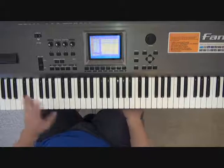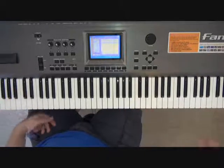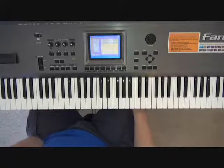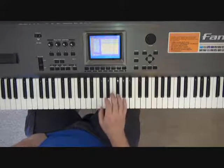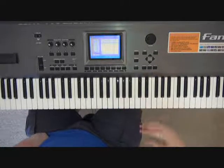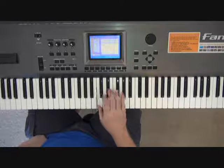So again, use the fingering that works best for you, but keep in mind that when you get into solos, a lot of times what works great is to play the scale quickly, or part of the scale, and so you want to find a fingering where you can move fluently. And that's what I like about this one for me, because I can go